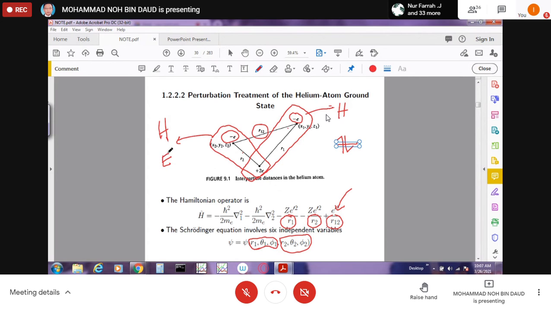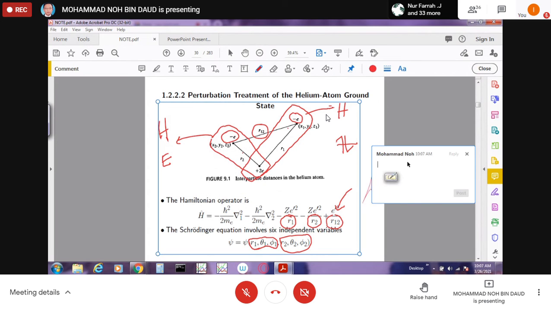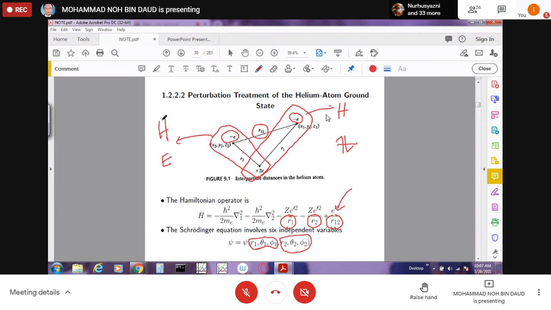The first hydrogen has this energy, the zero order, and the second hydrogen-like atom here, with charge positive 2e, has only one electron, and this is the second energy, the zero order or the unperturbed energy. So the total unperturbed energy will be